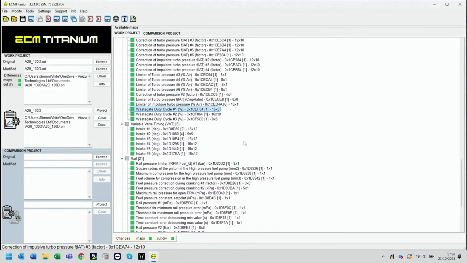So as I said, there's a number of folders on here. Conscious we're now almost halfway through the webinar, and we'll get into the meat and bones of it now and start making those modifications. There are a number of map groups in here that we just don't even need to change for a stage 1 performance tune, or even stage 2, such as our variable valve timing on this engine, so we can minimise